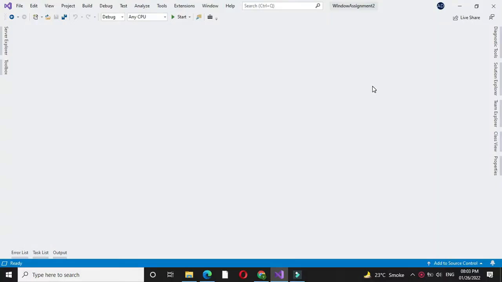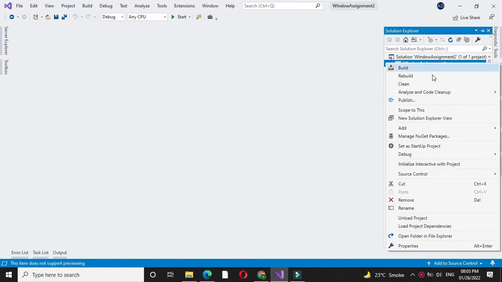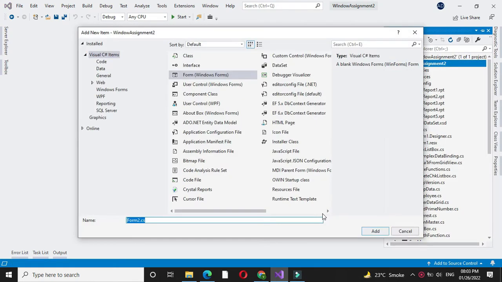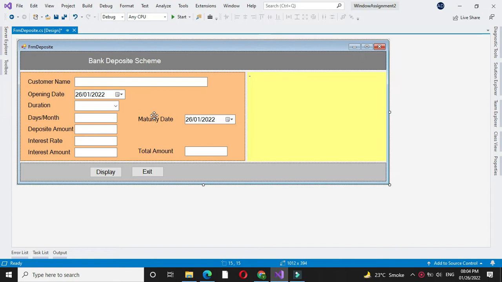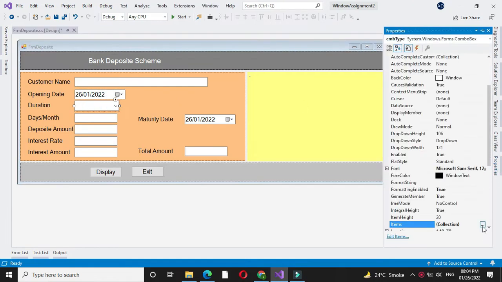Here we will create a window application for bank deposit scheme. So first we will add form and we will add controls on it. Here these controls are added. First customer name, then opening date, then duration which may be in days or months,